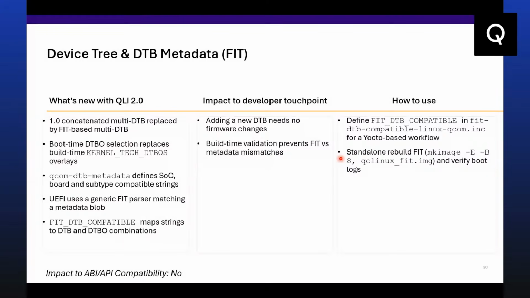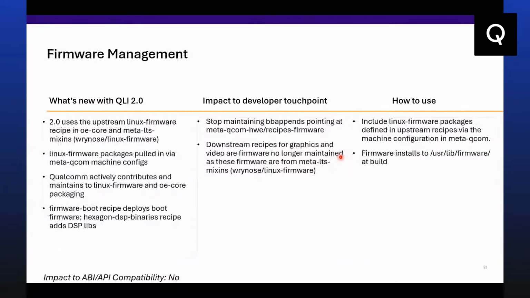Moving on, we have also significantly enhanced the way we manage the firmware. Now with Qualcomm Linux 2.0, all the firmware that we have for our SoCs are upstream to the Linux firmware repository, and the recipe for the firmwares that are part of the Linux firmware repository are hosted in OE core, as well as the Meta-LTS mixins for the Rhinos. So OE core represents the recipe in the mainline, whereas Meta-LTS mixins has the recipe for the Rhinos or the